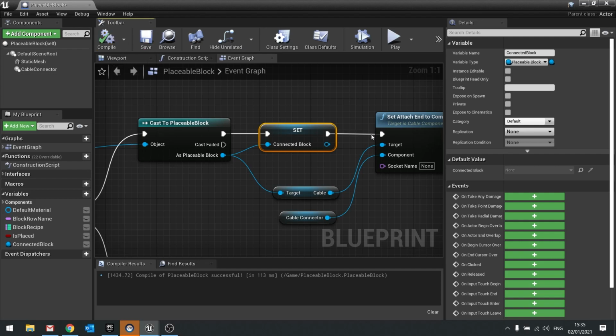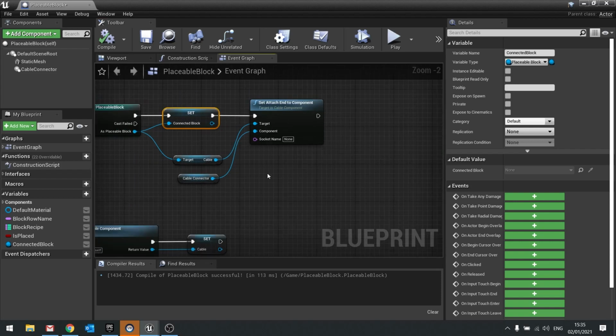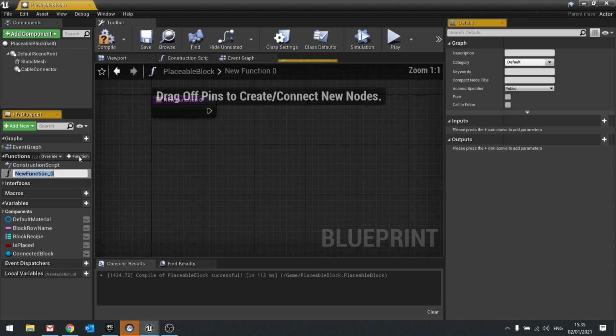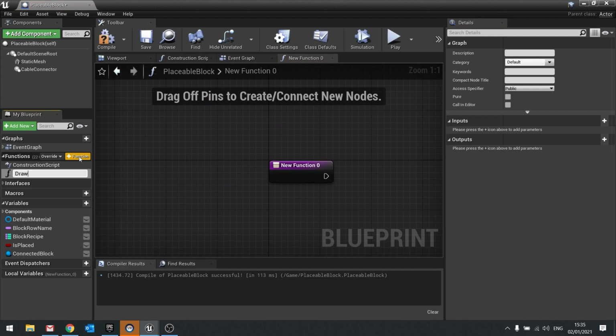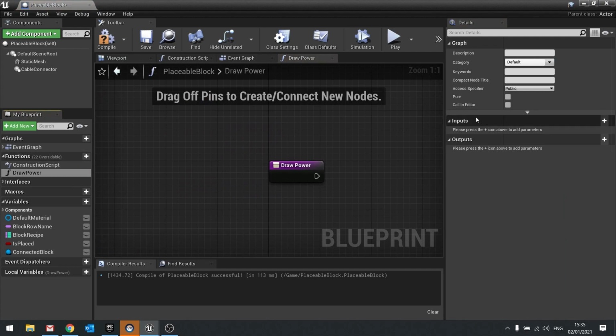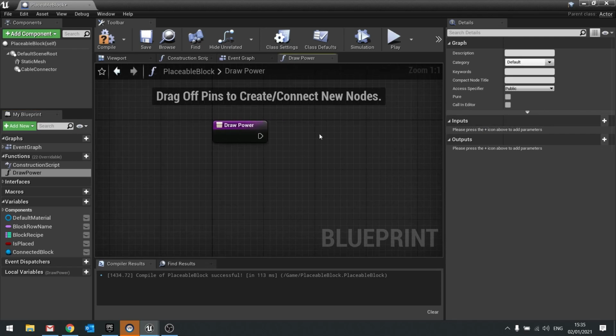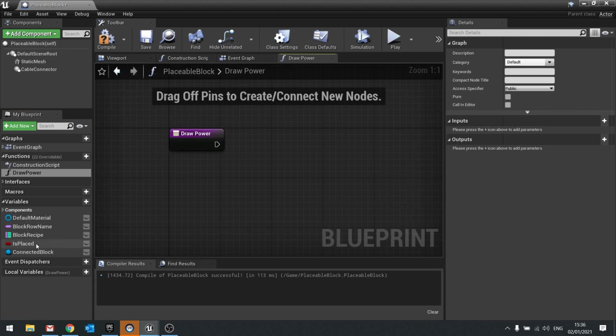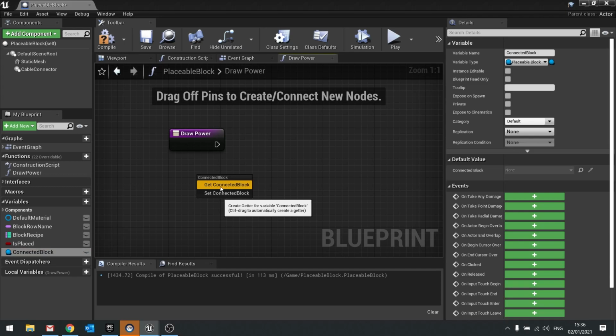Now, the one thing we may want to do is draw power from it. So, we'll need a function. So, make a new function here, and we'll call this one draw power. And draw power means it's going to draw the power from a connected block if it is a power block. So, the power blocks are not sending power, they're simply just sitting there, whilst other blocks are simply sucking away the power from them. So, on draw power, we're going to take our connected block variable out and choose get,